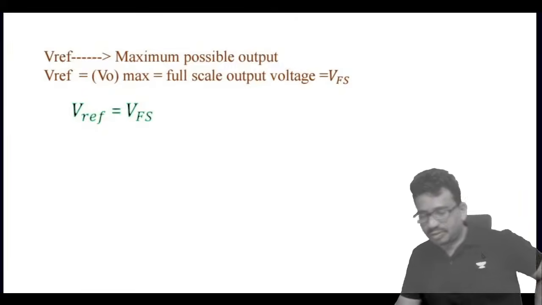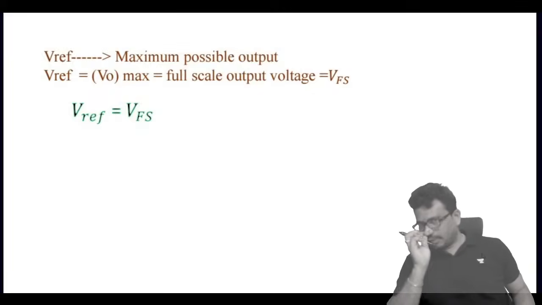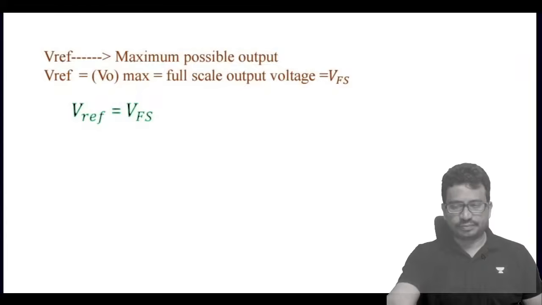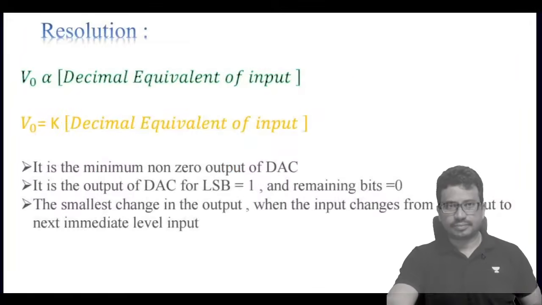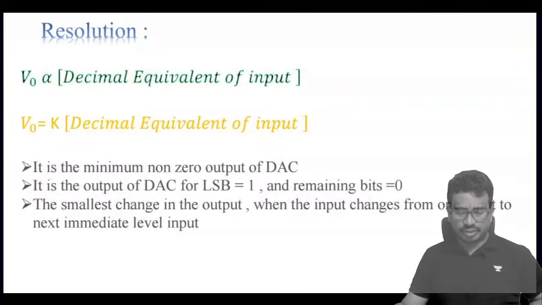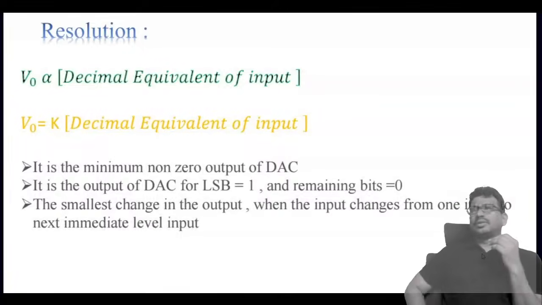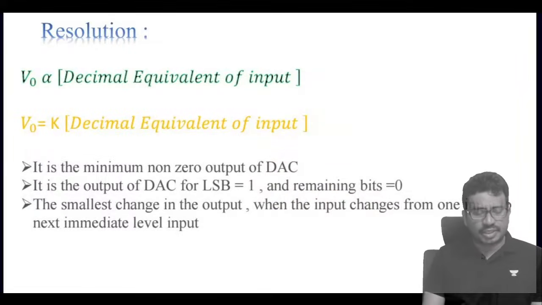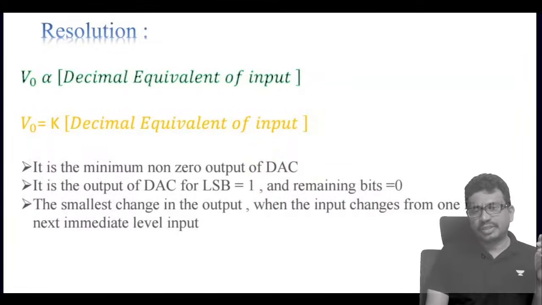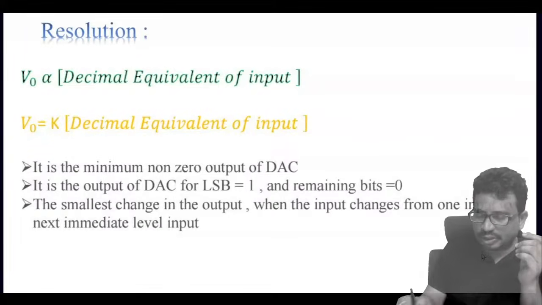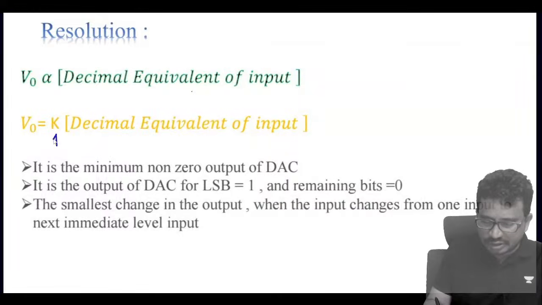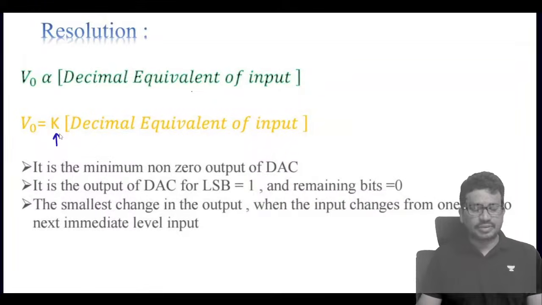So far, what we have discussed is V reference. It means the maximum possible output, which is also called the full scale output voltage. Next, resolution. Resolution means the output voltage of a system will be directly proportional to the decimal equivalent of the input, V naught proportional to the decimal equivalent of the input, where K is a proportionality constant. This proportionality constant is called the